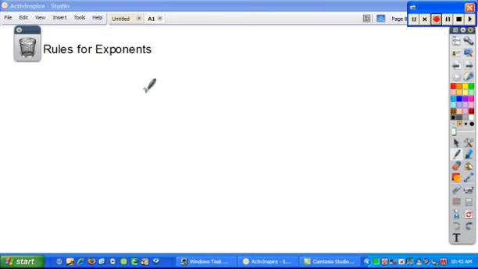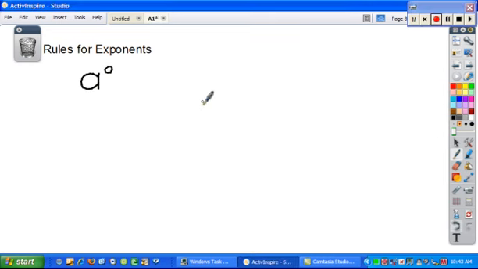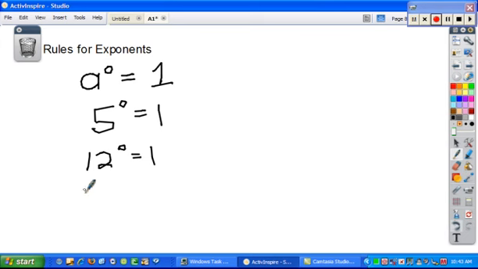Welcome back. I want to talk about the rules for exponents, and I'm going to break them up into several parts. The first thing I'll talk about is what happens when you raise something to the 0th power and what happens when you raise it to a negative power. So if I have a to the 0, where a is anything except 0, we know that this always equals 1. So 5 to the 0 equals 1, or 12 to the 0 equals 1, or x to the 0